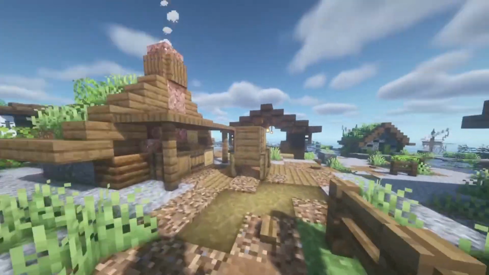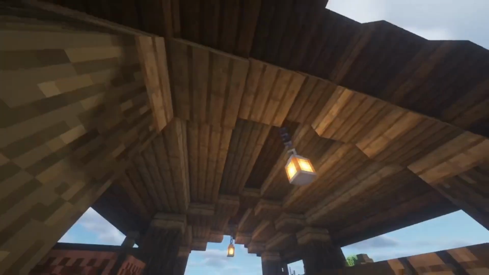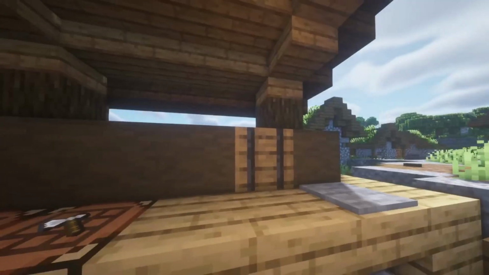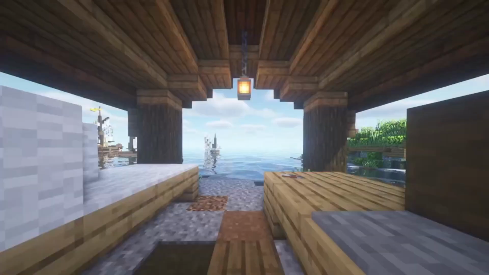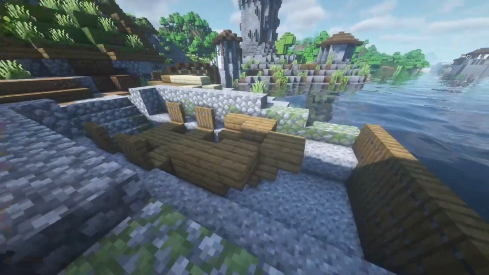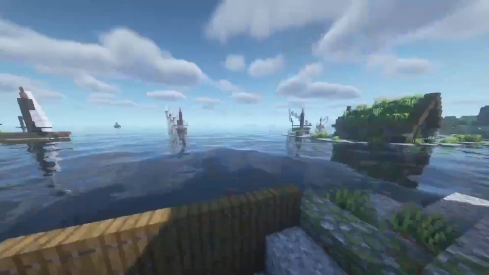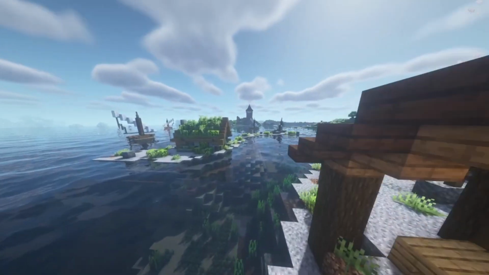The main ship constructing operation is happening over here. So here we have basically they're making the mast, and here's where they're making the sails. And you can see that they're basically assembling a little skeleton of a ship in this dry dock here. Coming out